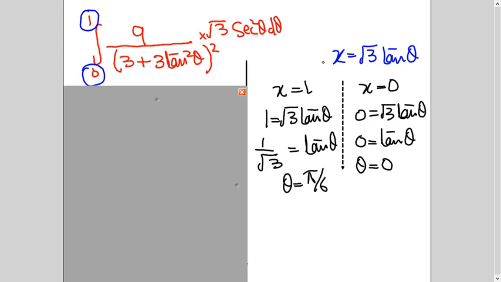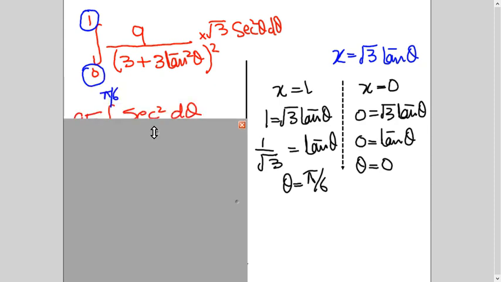Now let's substitute 0 here. So when x is 0, 0 equals root 3 tan theta. So 0 divided by root 3 is 0, and tan inverse 0 is 0. So this one will remain 0. So now